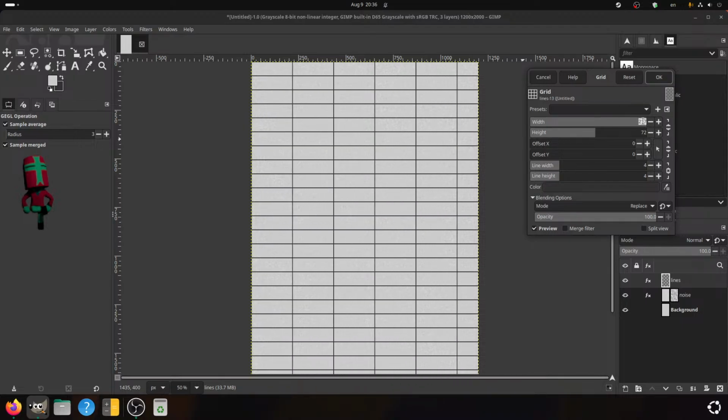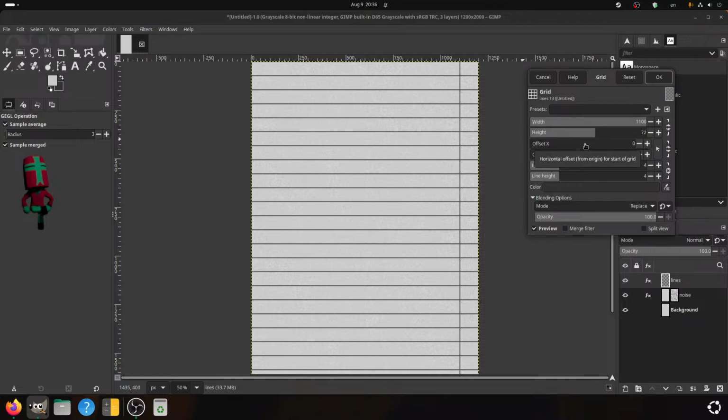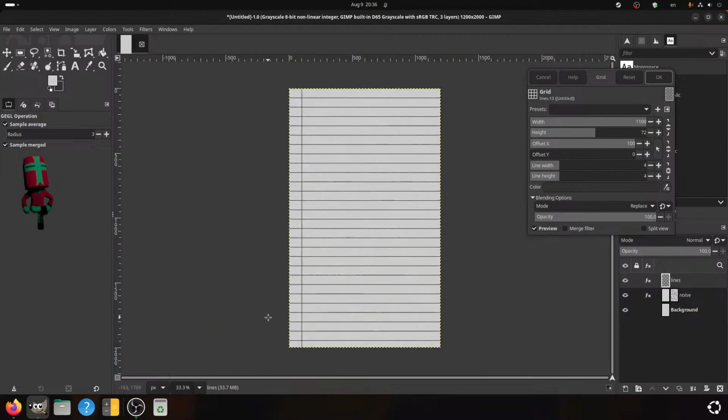The width should be absolutely insane. And the height actually is not looking too bad.